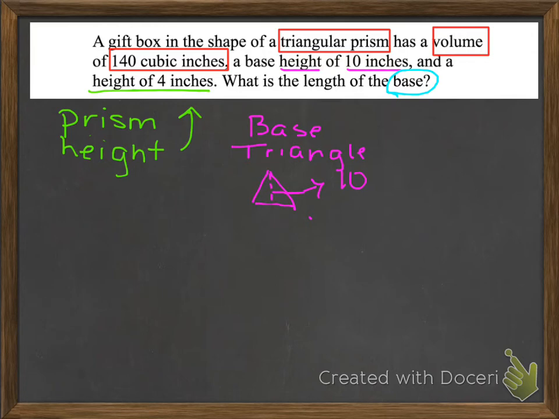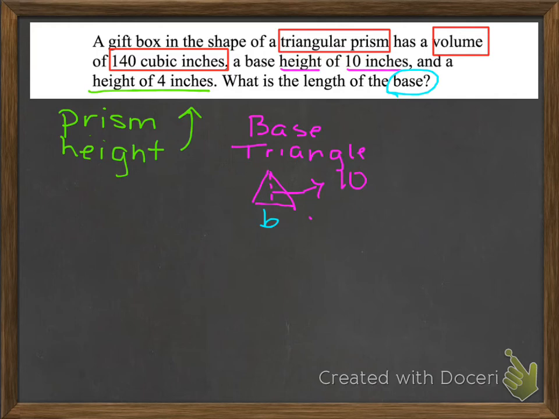There we go. They mean the height of the base of your triangular prism. So now we've got a height of 10, but it doesn't tell us the base length. So notice here, I'm going to go ahead and put base, B. So now we want to go back and think, what was our formula for volume